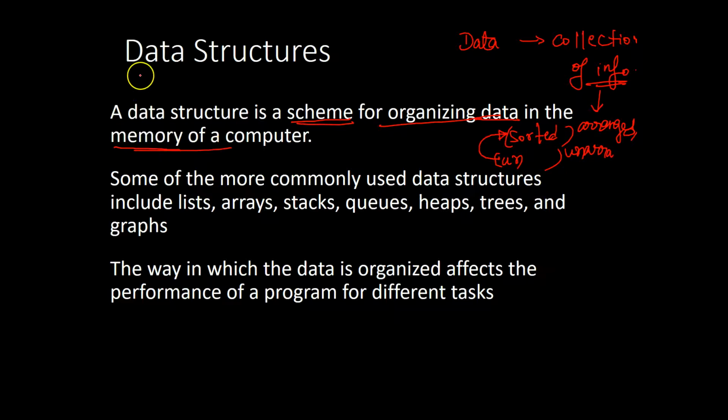Now let us discuss some of the types of data structures that we are going to see one by one in all the lectures. Here I have listed some of the most commonly used data structures: lists, arrays, stacks, queues, heaps, trees, and graphs. I would like to categorize these into broader categories, because based upon our understanding and the flow we are going to talk about them one by one. First we are going to see arrays, and then linked lists. We have mentioned the list here, so I'll mention it as linked list, not any other kind of list,